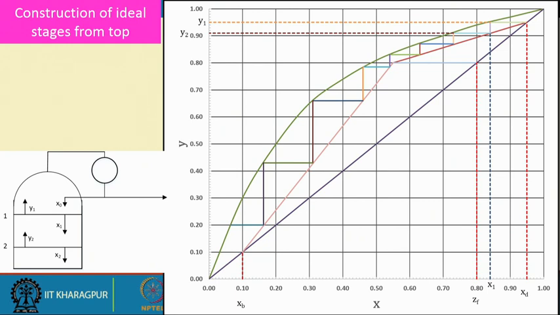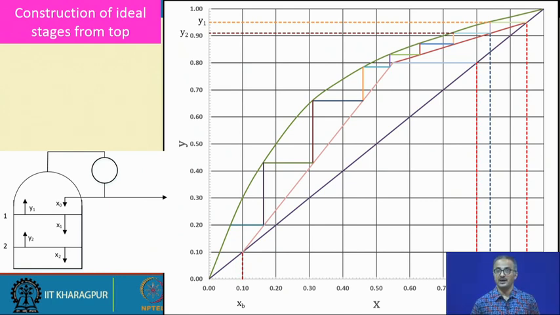So we can have a fraction of a stage, and whenever you are constructing these lines, for your clarity we have drawn with thicker lines, but please understand these lines have to be drawn very carefully, and you have to make perfect horizontal lines and perfect vertical lines with a very sharp-edged pencil. Otherwise you are going to mislocate all these intersection points, and if there is any mislocation of the points, you will get wrong values of the number of stages. So you have to be very, very careful in drawing these lines.